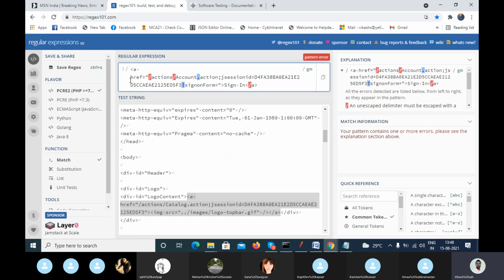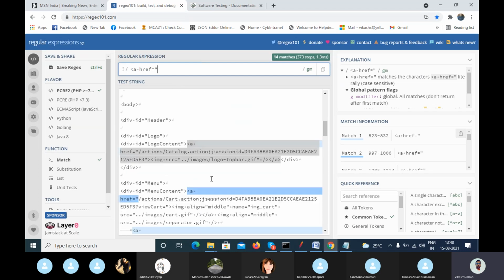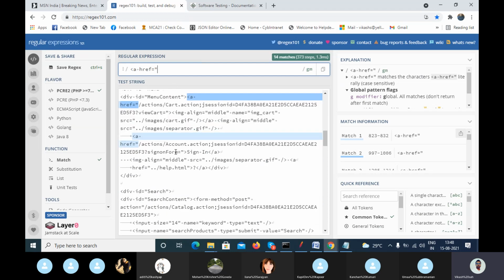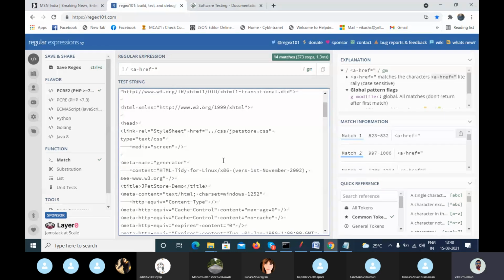No pattern error. Okay, we can use only actually the regular expression correct pattern. That's why it's showing the pattern error. So what we will do, we will use only a string. Tell me, I have to find all these URLs. How can I? First thing,